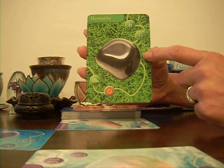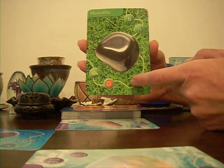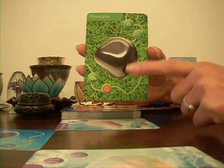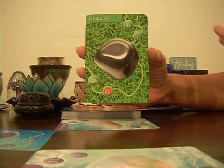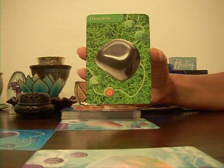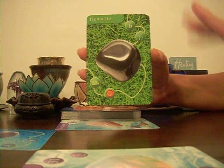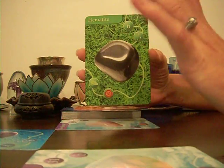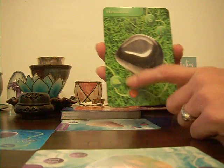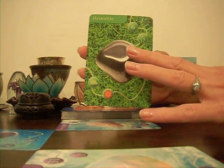So this is a card of, and this is the result from the whole reading, a card of being organized, and it's base chakra. So the root foundation is having the path clear, laying the groundwork, having everything you need, toilet paper, soap, and your bills are paid, and you have a little money in the bank, all your car payments, credit card payment, whatever you have, it's all up to date, everything's good to go, kids all have what they need, and so your life feels organized, okay, and not just organized, but there's a level of